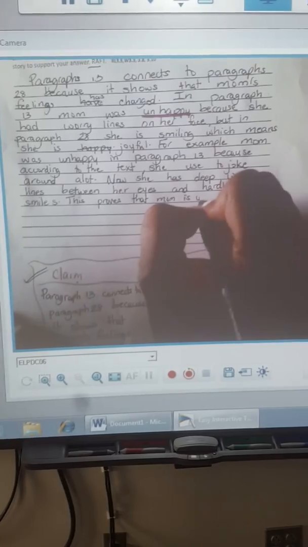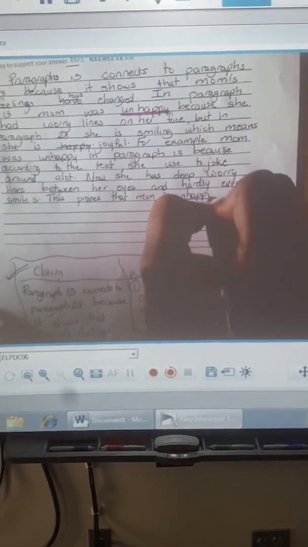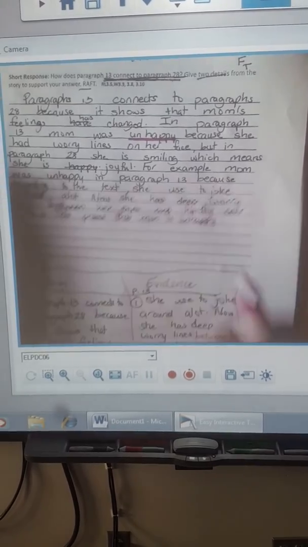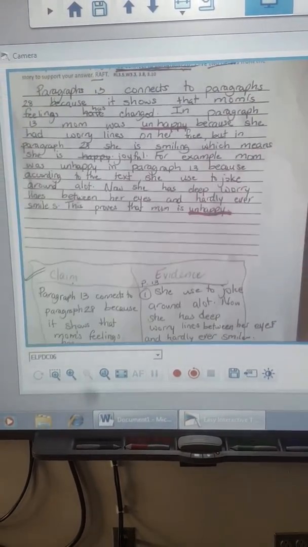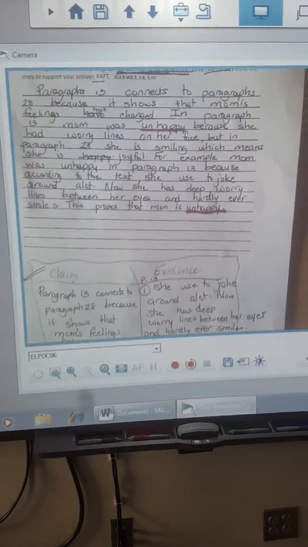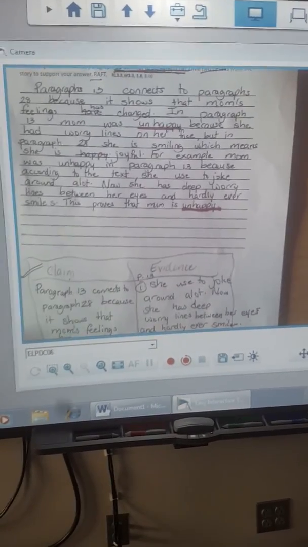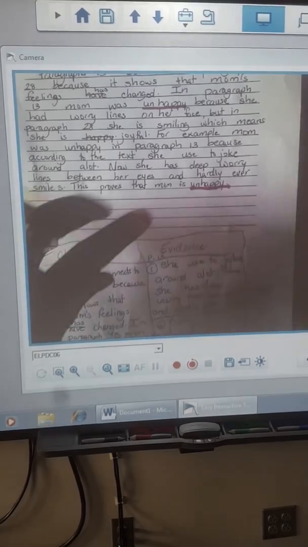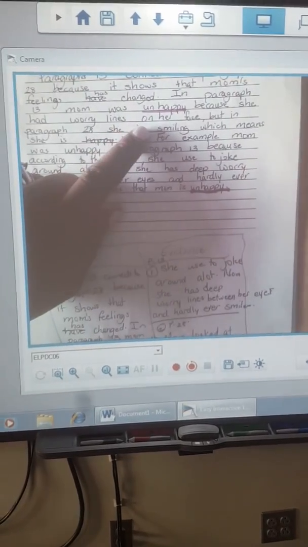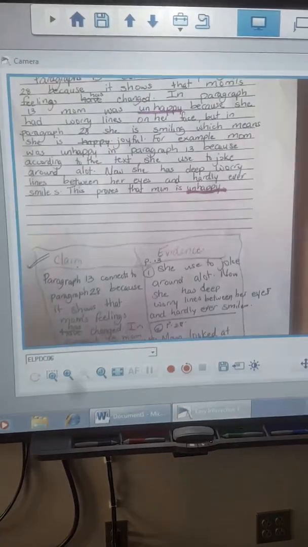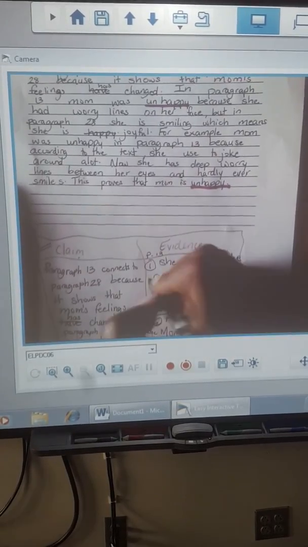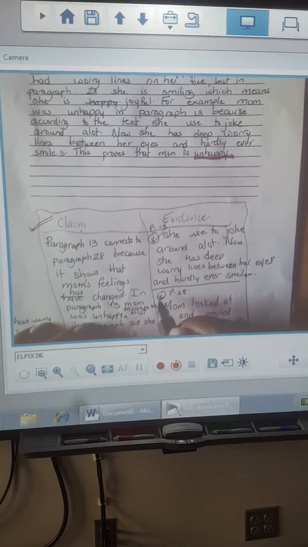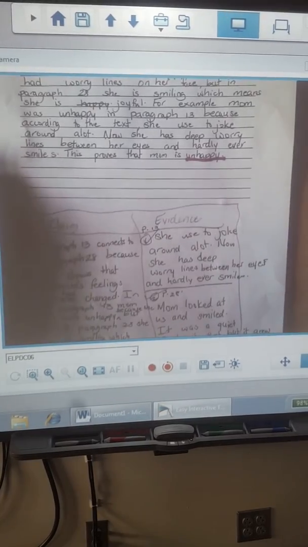And then the last part of the RAFT would be the tie-up. So once you have all your evidence and you've made your claim, you want to then also tie up your writing with a conclusion. Well, before we get to our tie-up, I want you to notice that I explained the first part of my claim. I'm not done yet. I need to go to my second part of my claim. So I'm going to put a check here to say that I'm done with that one. I'm going to go to another transition word. Another example is